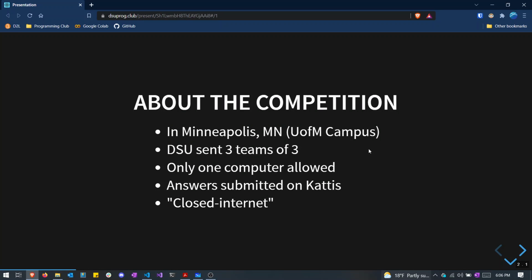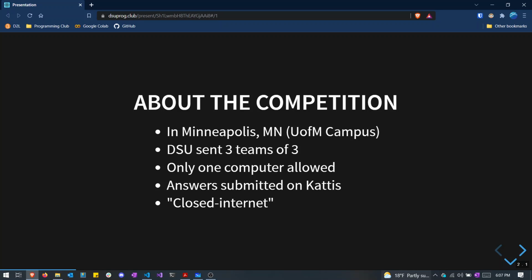So advice to all you future competitors in the regional round is to make sure you have notes ready at your disposal. Obviously not required, but it helps out a lot in those moments so you don't have to try and remember how a function goes, like a sorting algorithm you learned in algorithms and optimization. Having that printed off means you don't have to remember how merge sort or quick sort worked. It's just one example. So yeah, those were the ground rules of the competition.